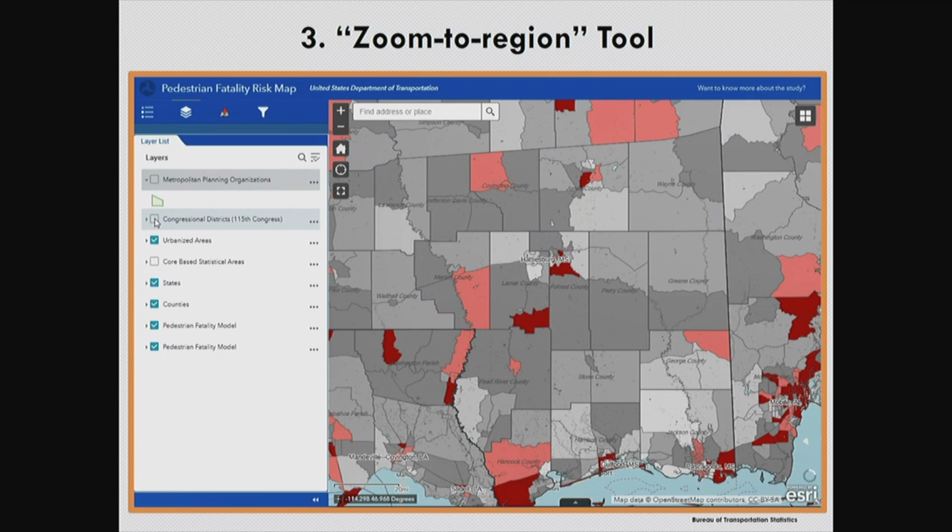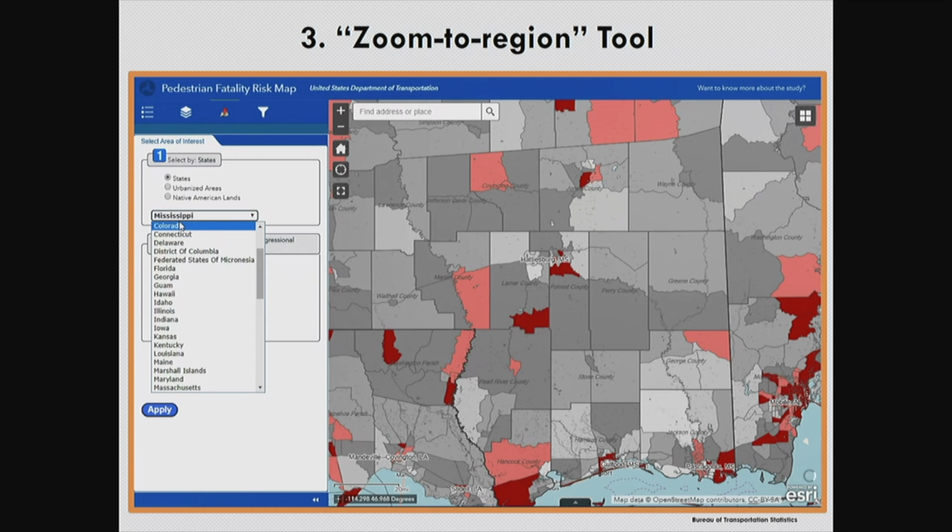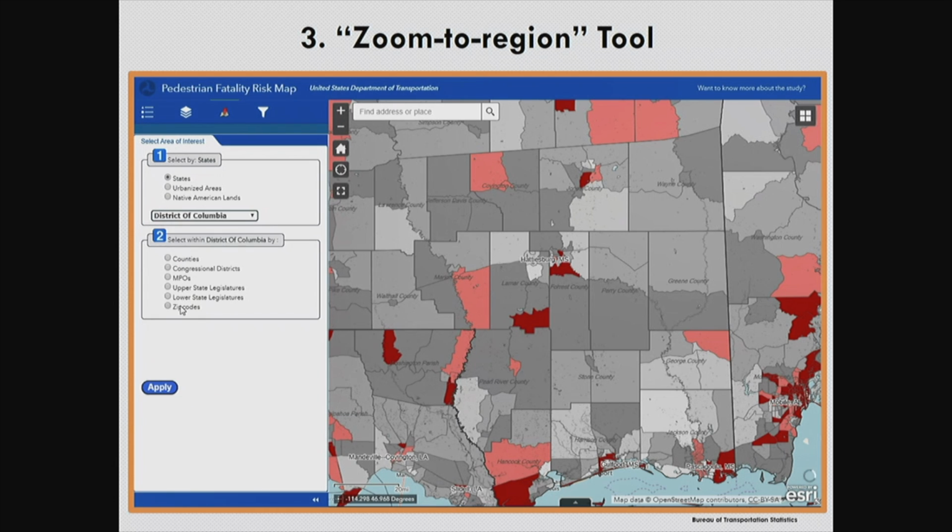So if you're the congressman from this district in Mississippi, you can see which MPOs might also be involved in some kind of project. You can also see the urbanized areas as well as the rural counties are all labeled relatively clearly for you. Areas that are doing well, areas that are doing poorly are fairly obvious to the user, which is really nice. This was a tool that was added in afterwards, specifically with keeping the potential